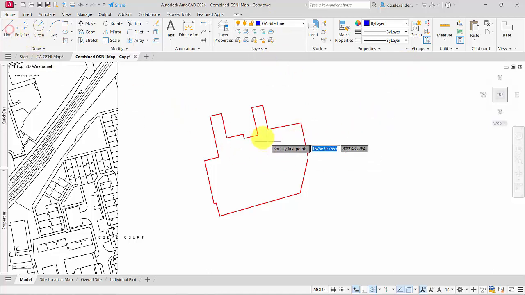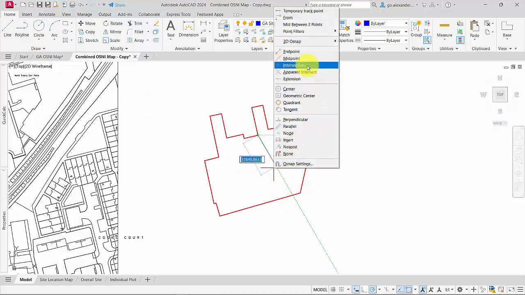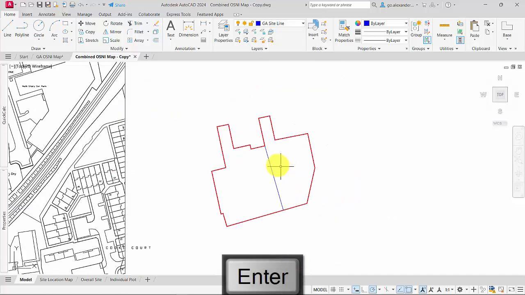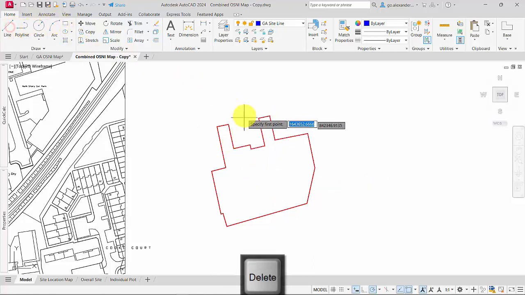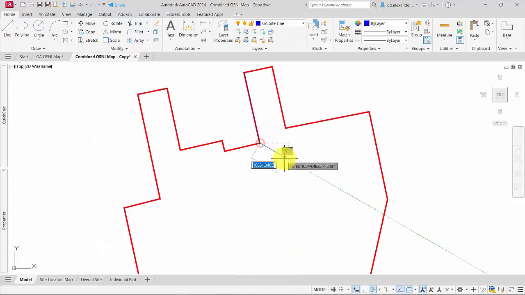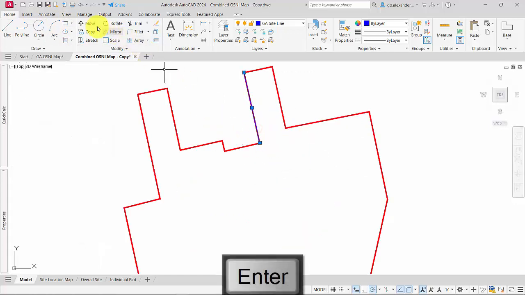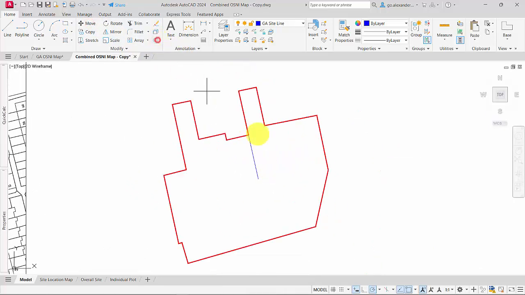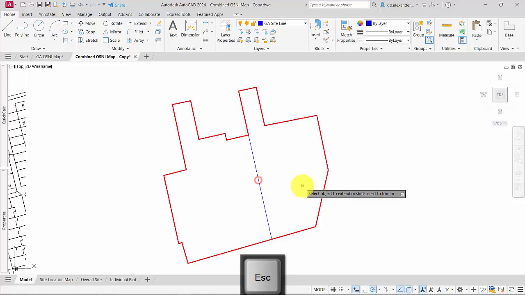And if we were to draw a line from this point and pick up the perpendicular, so holding down Shift and right click, going to perpendicular, we can see that that angle isn't really going to sit very well in terms of where the two roads are going to come through. So let's delete that and just use a temporary line over the top, tracing over the top of that line, and then we can move it like so, and then we can extend that line down to the bottom end of the